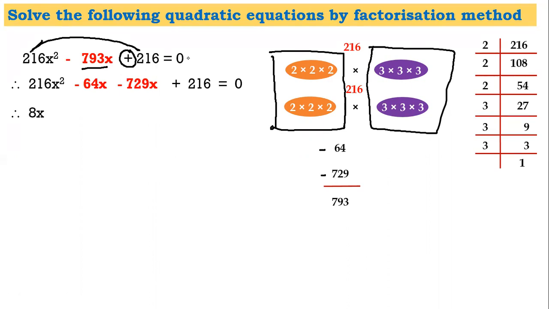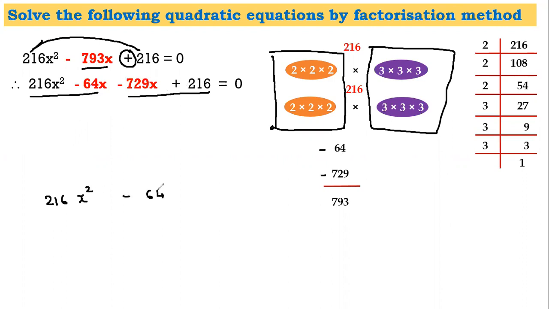Okay, give me a second. Okay. So students, okay, so let us make two groups. The group of first two terms and the group of last two terms. So students, what you need to do is at least take common from the first two terms, whatever is comfortable for you. So I'm trying to take common from 216x square